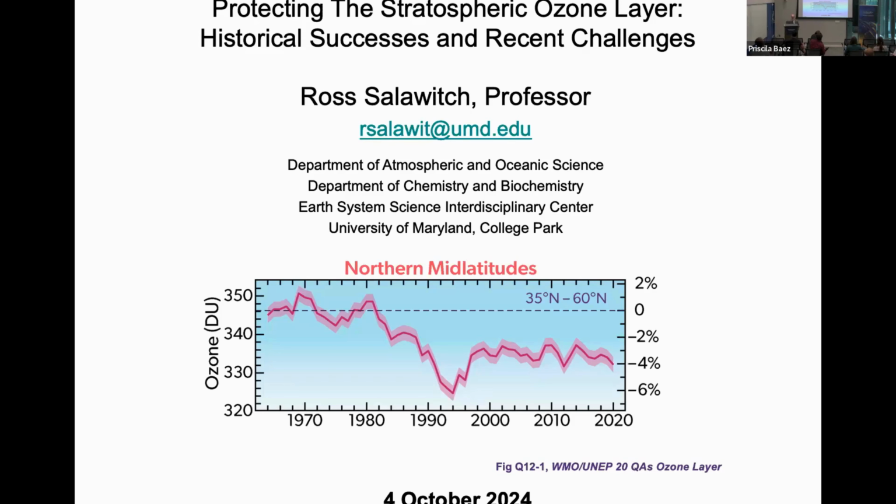So this is a figure showing how the thickness of the ozone layer has evolved over time. I'll explain why it went low here. Some of you know, and look, it's kind of leveling off here. It shouldn't be doing that. It should be going up, but it's not doing that.